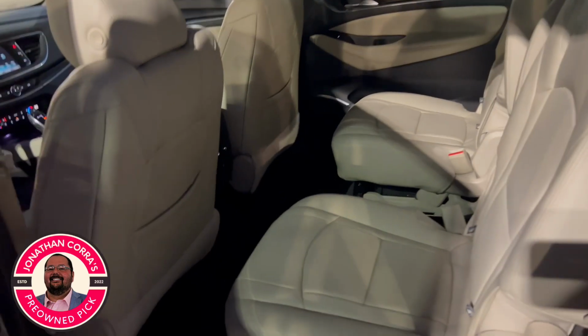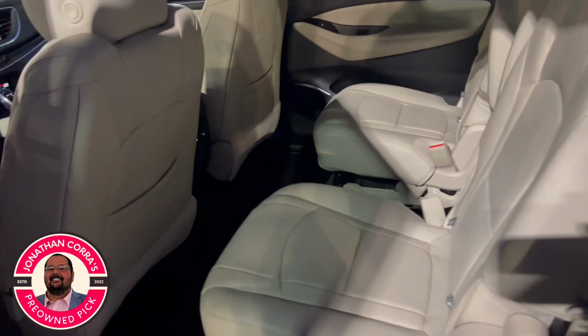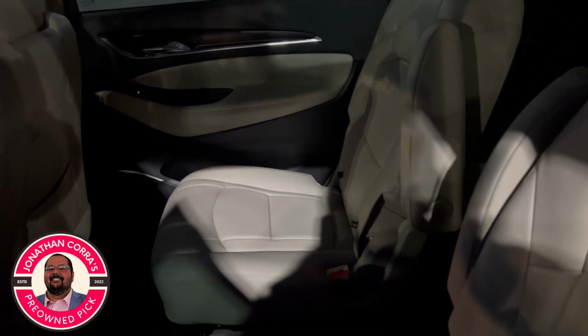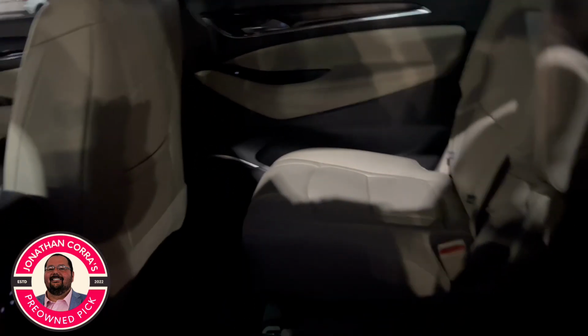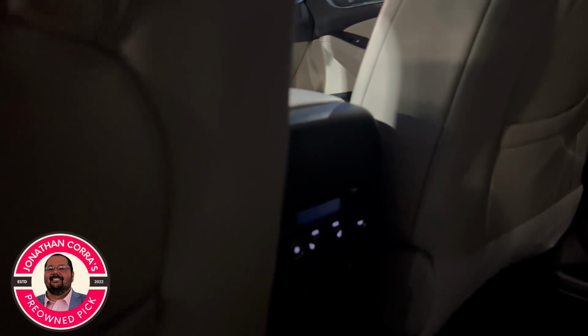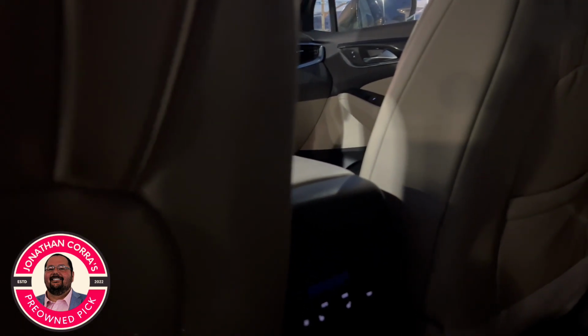Let's take a look at that back seat now, because this is where this thing really starts to shine. Middle row, I shouldn't say back seat. Technically it's the middle row. Middle row captain's chairs, which I prefer. I don't know why anyone would want a bench seat in the middle row, but you know, that's what therapy's for. Back here, heated seats, and this is your tri-zone climate control,